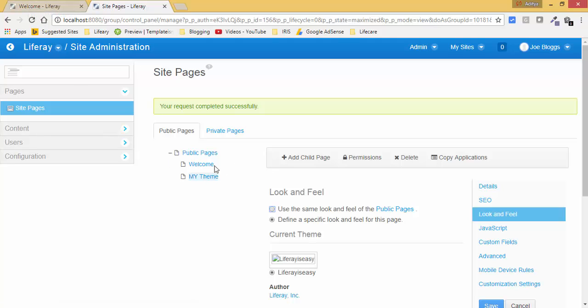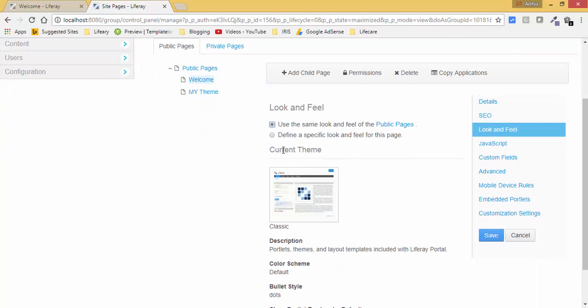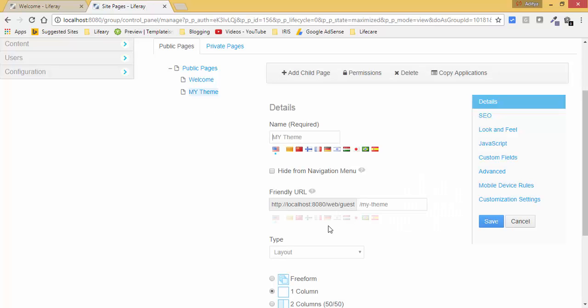Now we have two pages, one is welcome and second is my theme. On welcome we have the classic theme and on the my theme page we have our custom theme.